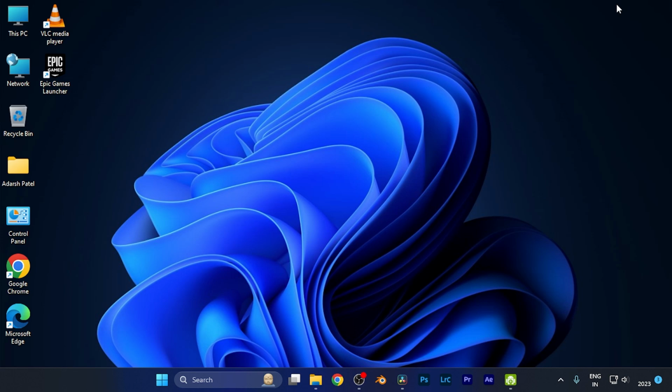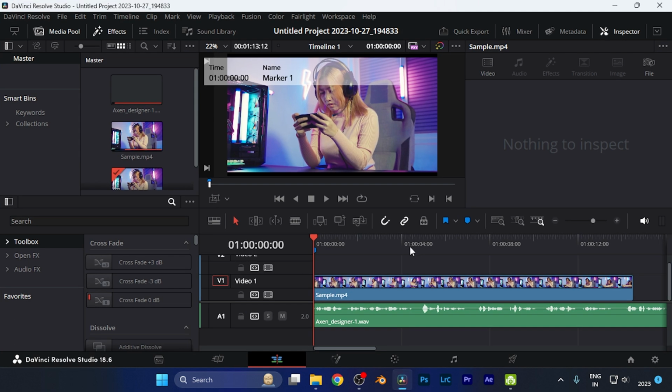So in this very quick tutorial, we're going to discuss how you can apply the motion blur effect on videos in DaVinci Resolve. It's a very convenient and much-demanded feature. All you need to do is simply import the media files to the timeline of DaVinci Resolve,